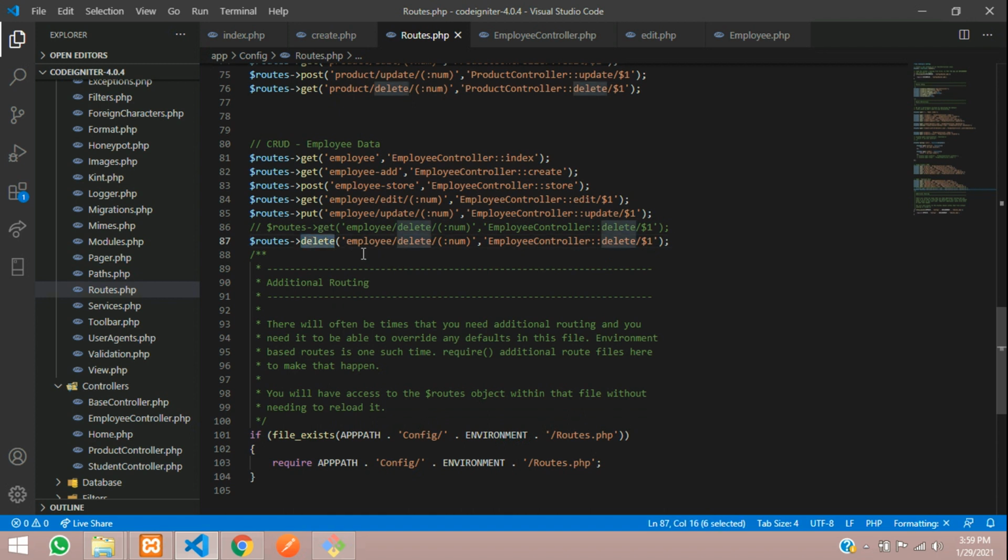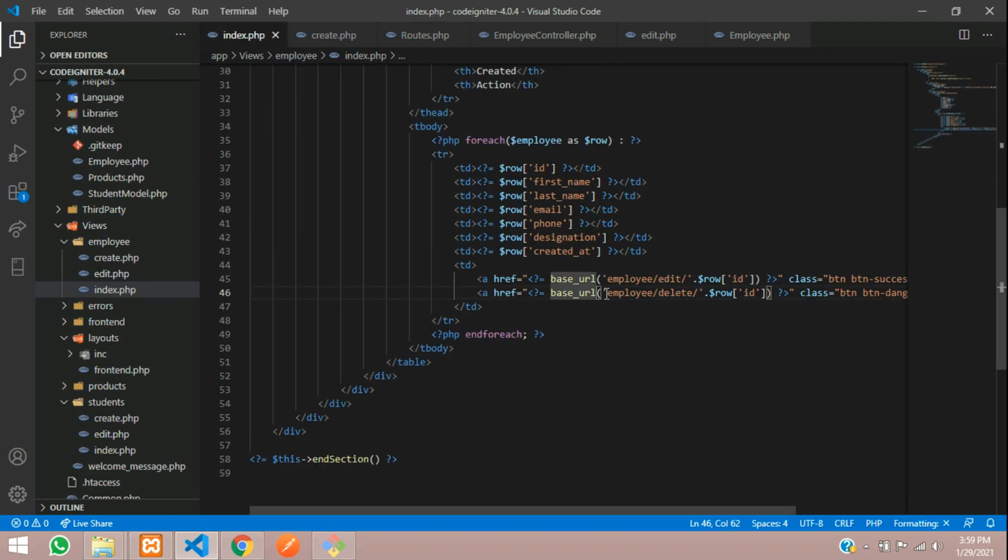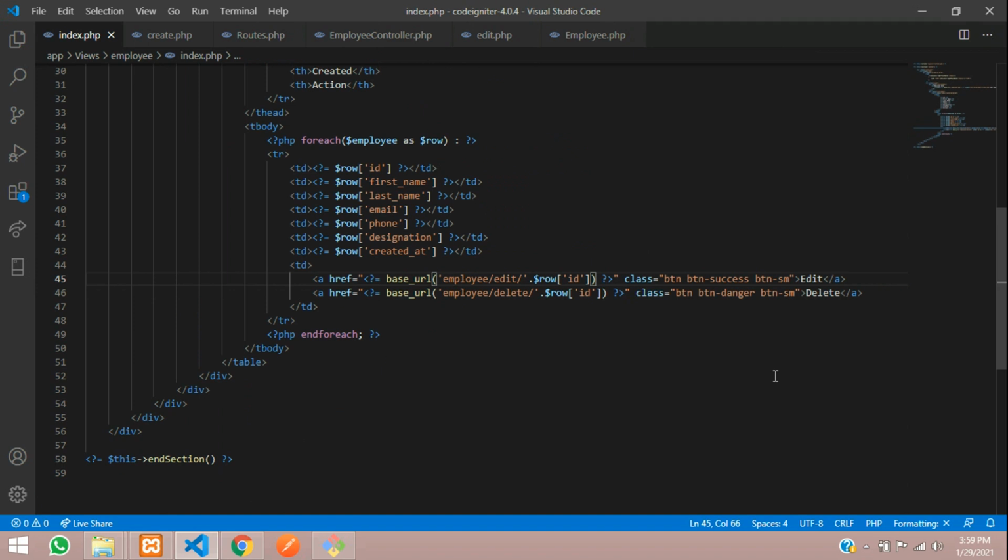So in this case, let's go to index and create a form. Let me just minimize this sidebar and let's create a form.